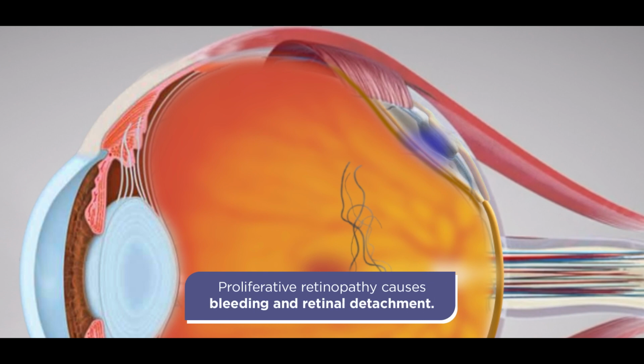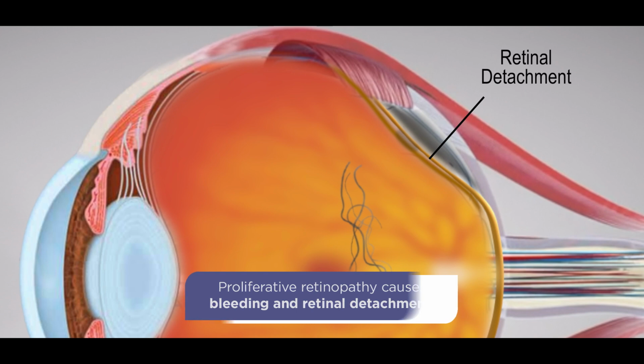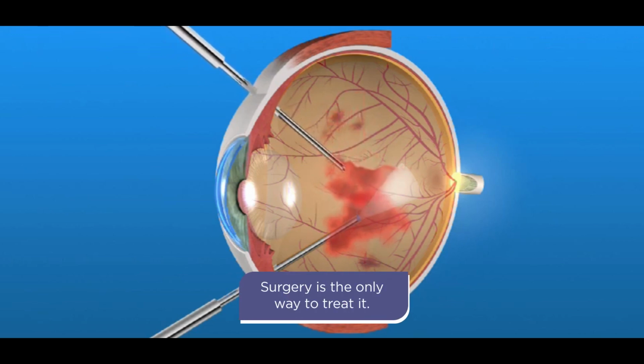Moving on to proliferative diabetic retinopathy, when there is excess bleeding in the eye, when the retina gets thinned out and gets detached, that is known as tractional retinal detachment. These are the signs of proliferative diabetic retinopathy. In these cases, surgery may be required.